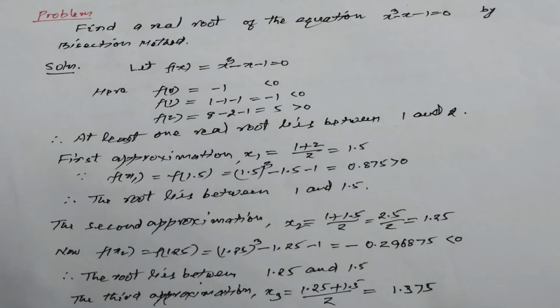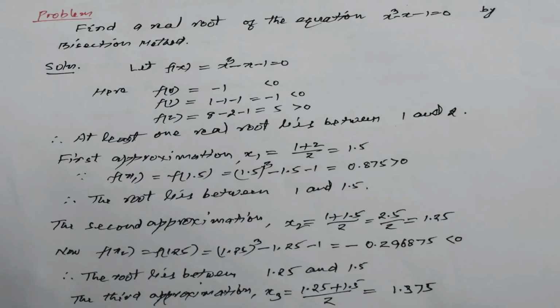We have said earlier that f(1) is negative and here f(1.5) is positive, and therefore the root lies between 1 and 1.5. Thus we see that the real root, which was in the interval 1, 2, now the interval becomes shorter,